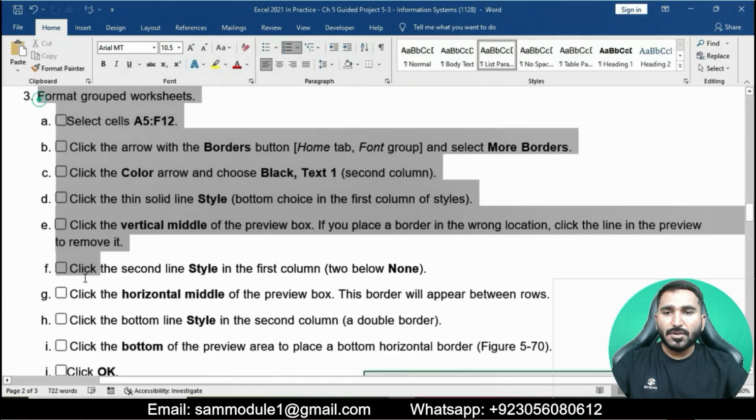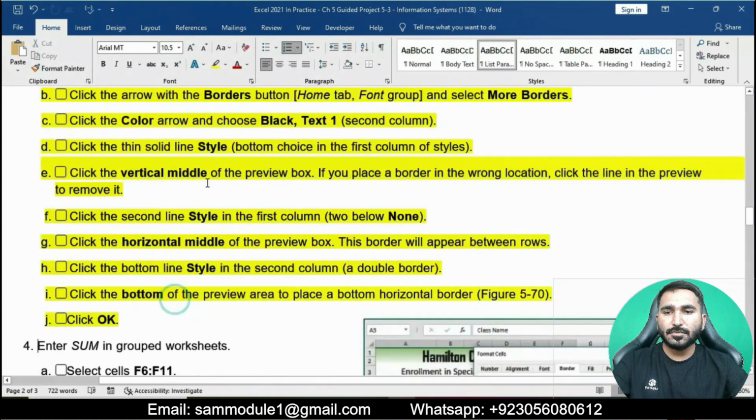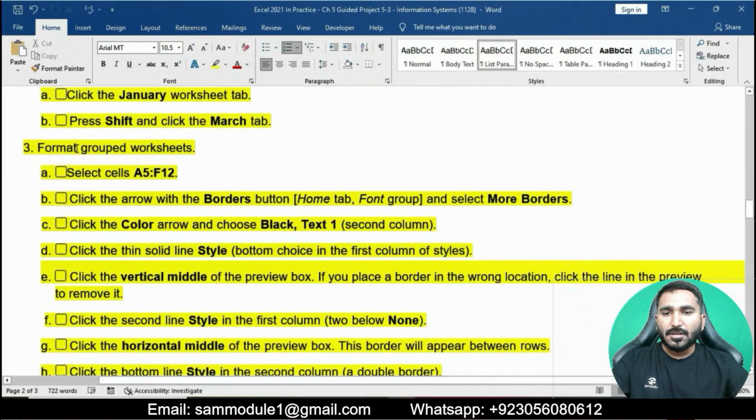Question number 3 is to format the grouped worksheets. Select cells A5 to F12, click the arrow with the Borders button and select More Borders. Click the Color arrow and choose Black, Text 1, then click the thin solid line style, and click the vertical middle of the Preview box.